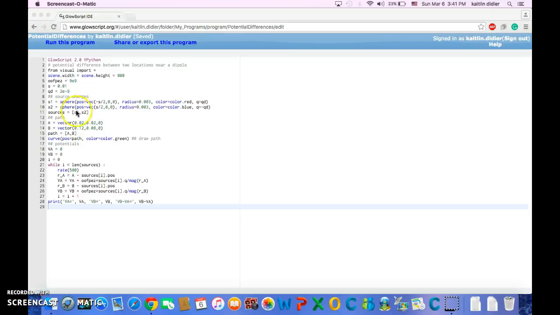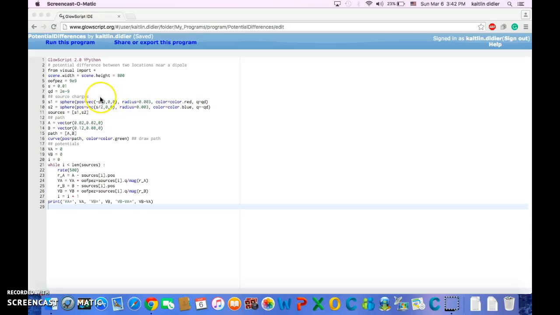We have two of them, S1 and S2. S1, as you can see here, we made positive. S2 we made negative. So the red source charge is going to be positive and the blue source charge is going to be negative. They have the same radius, as you can see here,